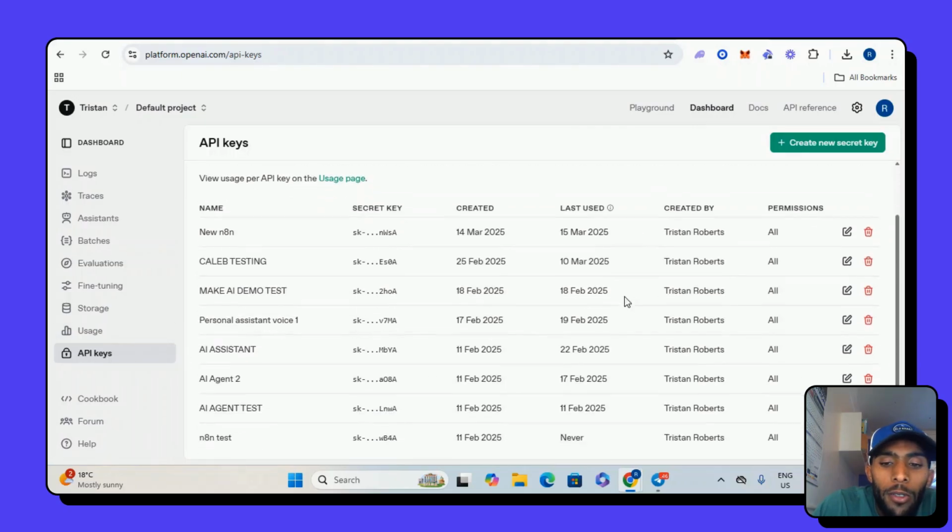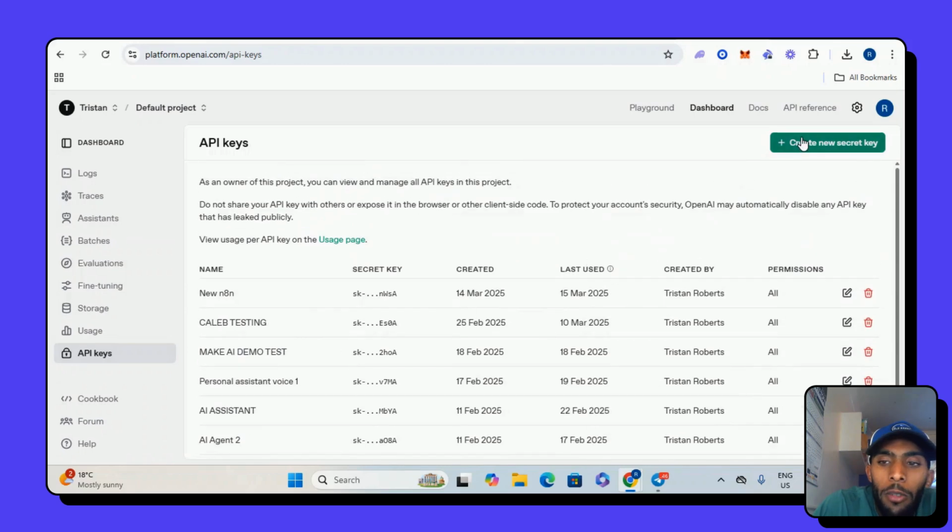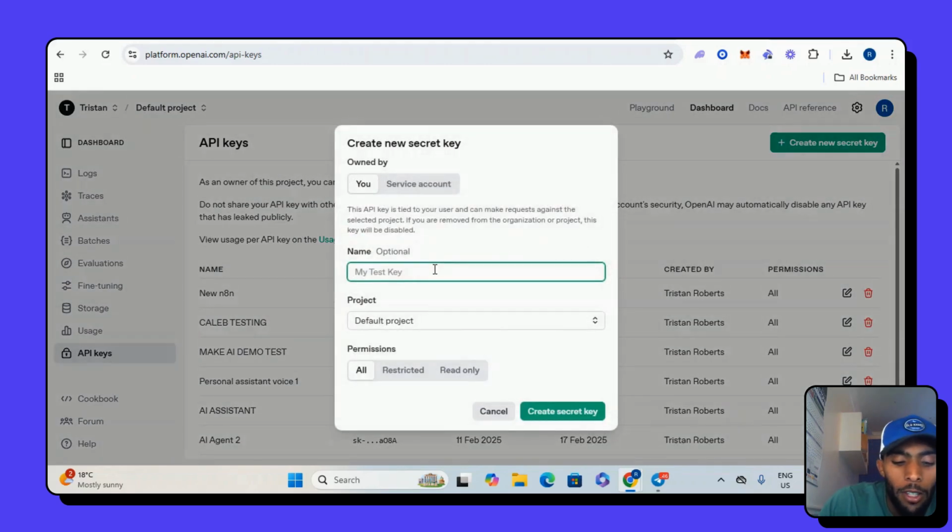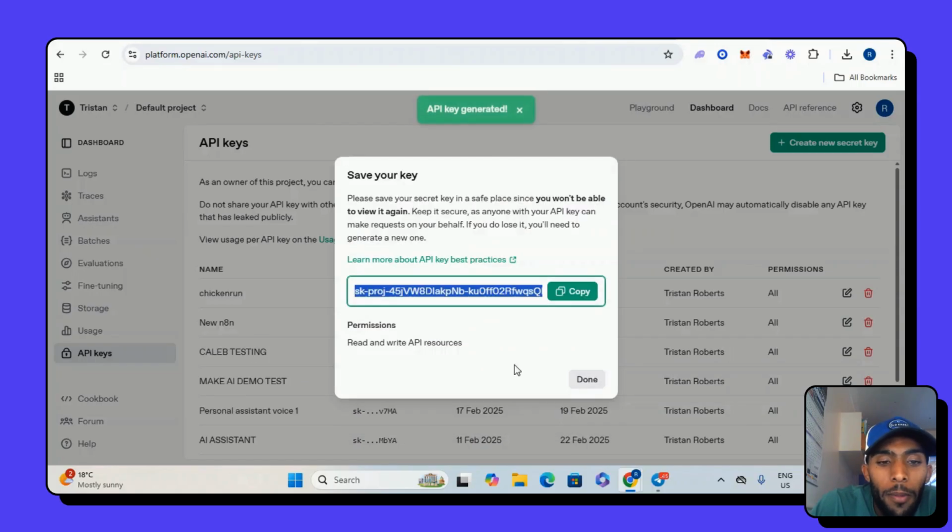Yeah, so these are all the APIs I created, but we're going to be creating a new one for this tutorial, and I'll call it Chicken Run. Sorry about the name Chicken Run, but we're going to have to go with it. Type in your name, then click create, and there we go.